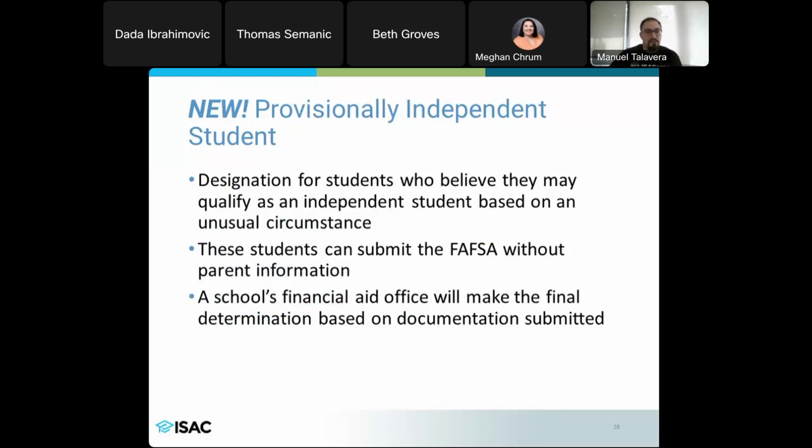And so they can go onto the FAFSA without providing that information. Keep in mind, institutions make the final say. And of course, they can make determinations based off a determination made at another institution. They just have to document that. But these are students who believe they will qualify as independent based off the student's unusual circumstance.